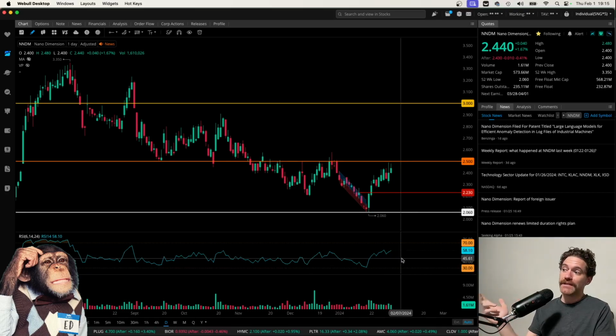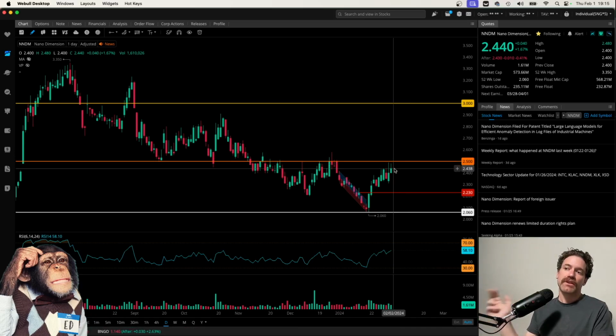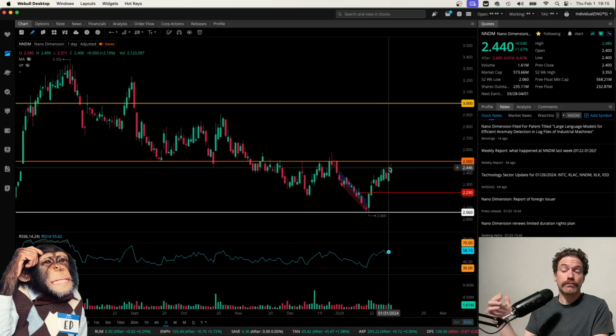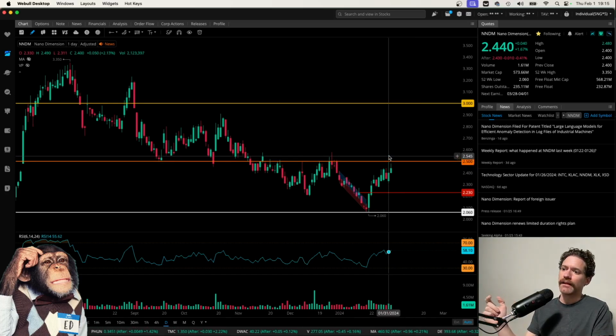at 58.10, so it is not yet at 70, which does suggest that there is more room for the price to go higher. However, just like over here, when price stalled out there before dropping down, it is quite possible that the price will cool off and return to, like I said, $2.23 before making an attempt at $2.50, as it was rejected from that level just yesterday on January 31st, hitting a high on the day of $2.49, so